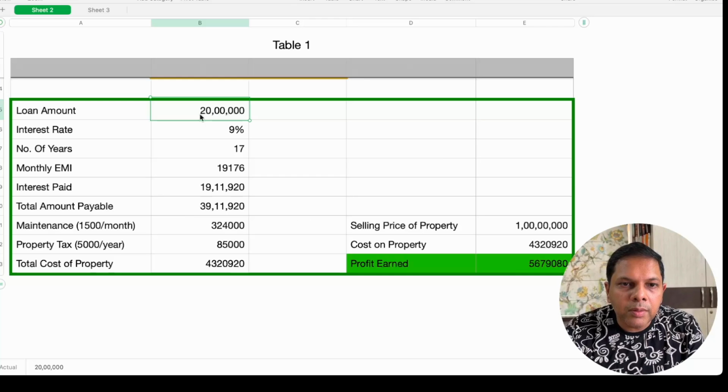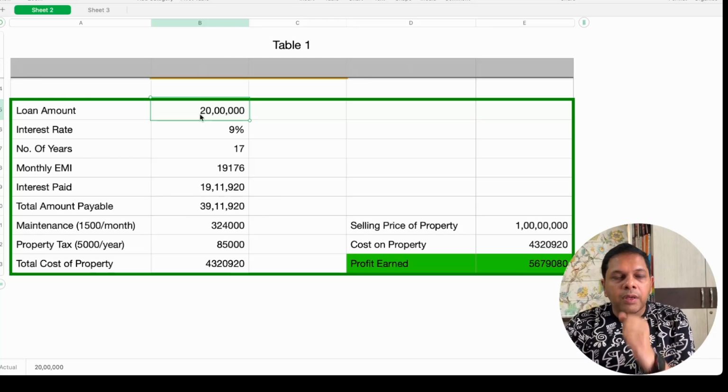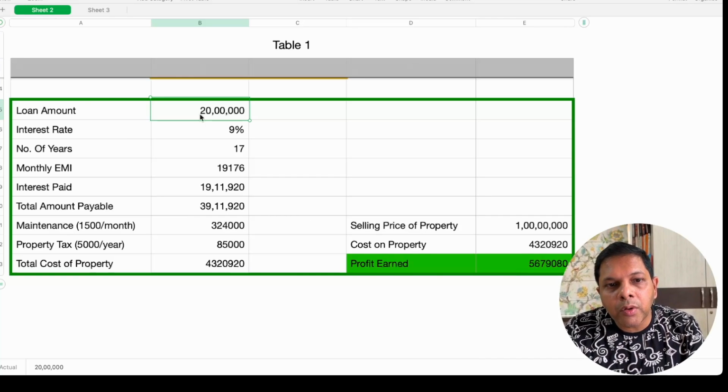At the same point of time, for the money that any person puts in from their pocket, which is their savings, there is always an opportunity cost involved. So say for example, if you are putting your 5 lakh savings as part of the down payment for the home loan, you are losing out on the interest you would have earned by investing the same amount either in a fixed deposit or in a mutual fund, right? I don't want to make it complex, so I have kept it very simple: over here we have taken the loan amount as 20 lakh rupees.